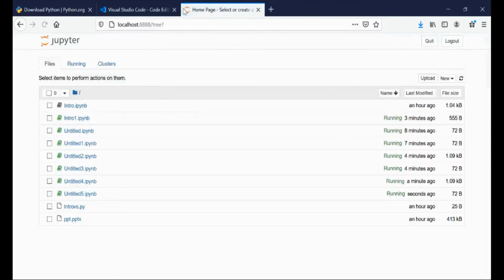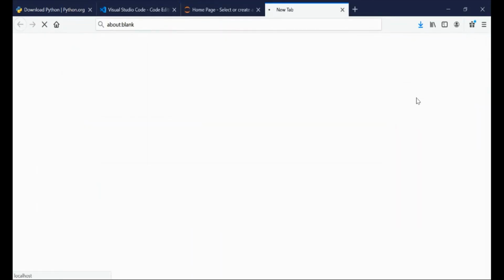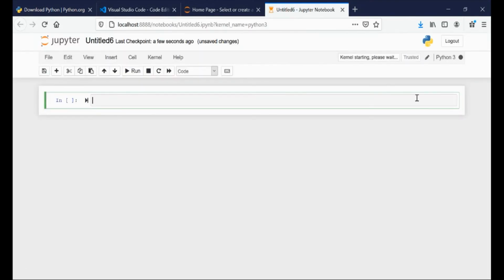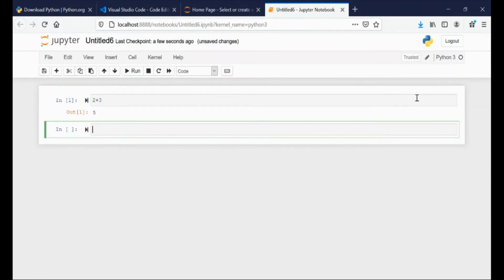And paste it here. Let us click on New and click on Python 3. And this would open the browser-based Python Jupyter Notebook. This is called the Jupyter Notebook. And this is very much graphical oriented, and unlike the command prompt experience, this is very interactive in nature, and I can write code, like let's say I want to add two numbers. I can do so here and press Shift and Enter.